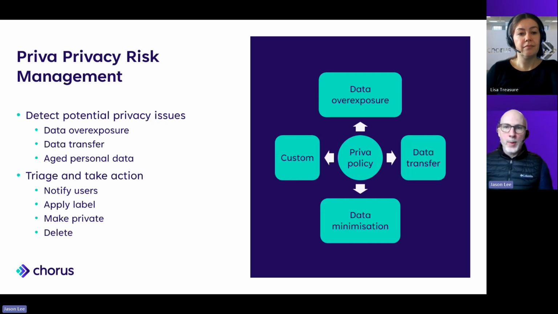So if you've got a bunch of SharePoint data in a SharePoint site and that data is shared using anyone links that grant anyone with the link access to the data, that's pretty much guaranteed to be inappropriate for data with any kind of sensitivity. Data transfer is about looking for personal data being sent either outside your organization or between different units of your organization. And aged personal data, this is looking at